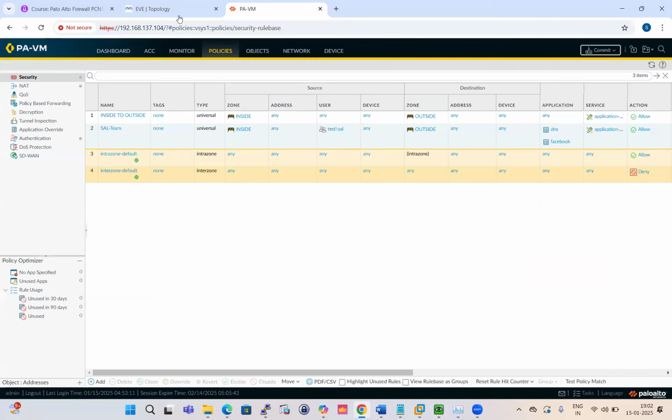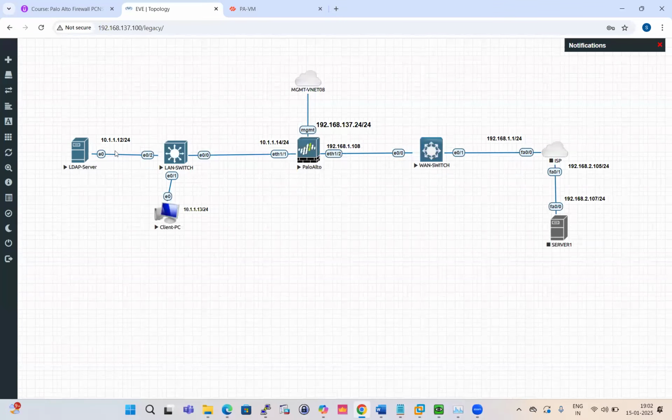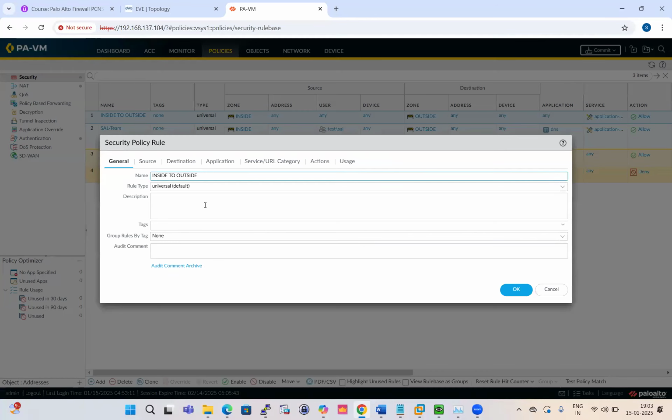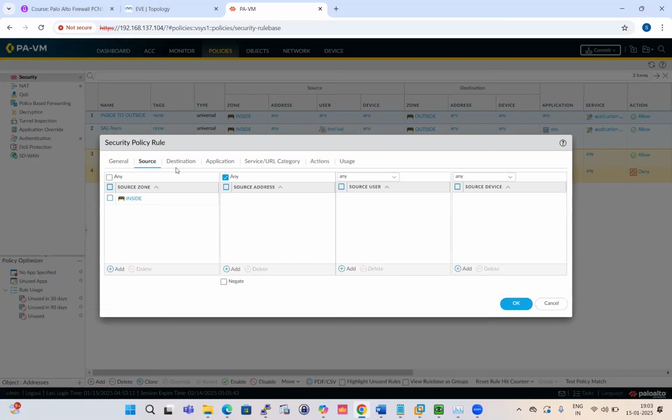So हमारा ये गोल रहेगा, like this PC should access this server, HTTP server which is hosted on the internet. उसके लिए हमें रूल डालना है। तो this is HTTP server, तो हमें क्या करना है, तब तक फायरवॉल में आते हैं, let me do some modification. फिर हम उसका मैपिंग देखेंगे, यूजर मैपिंग। सो हम इसी रूल को मॉडिफाई करते हैं। सोर्स इनसाइड, that is fine, डेस्टिनेशन आउटसाइड, एप्लीकेशन में हम क्या करते हैं,